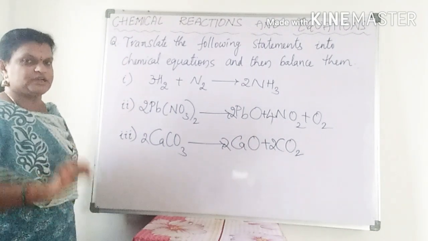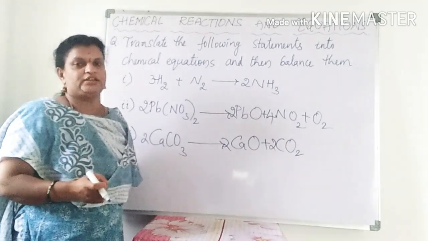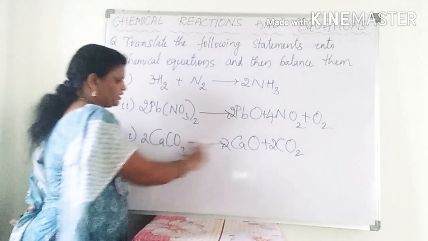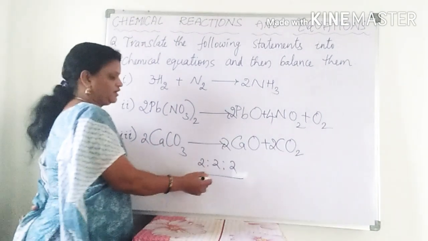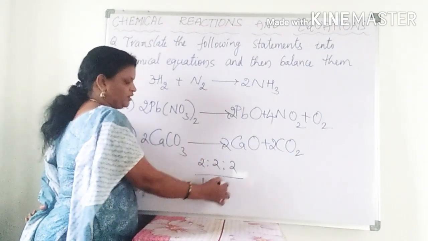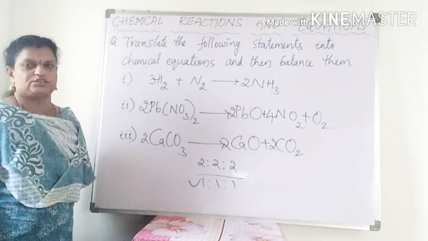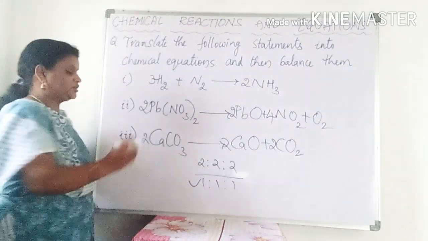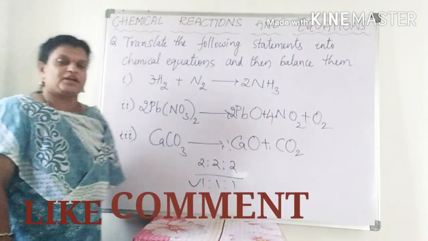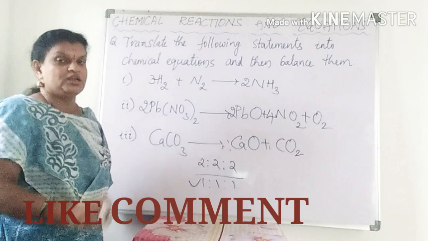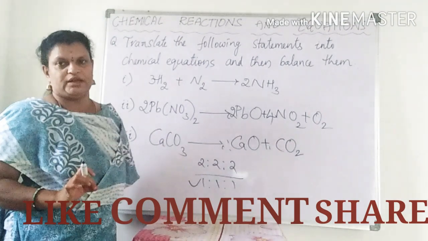But we can't write like this, because if you want to balance any equation, we have to write the simplest ratio. Here what ratio have we written? 2:2:2 for all these molecules. If you don't write this 2, it becomes 1:1:1. There also it is balanced. So this is the simplest ratio compared with 2:2:2. That is why we have to go for this one only. No need to write this 2 before these molecules. That we have to remember. Sometimes to confuse, they may give already balanced equations, or skeletal equations which are themselves balanced. So there we have to check and balance. Right?